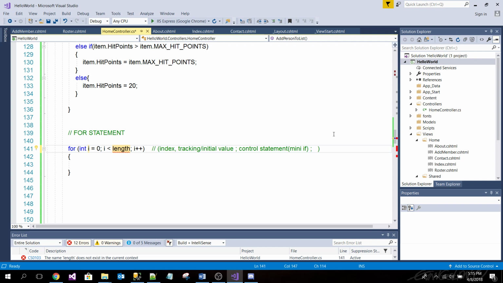This is a control statement, and the third one is sort of the same as a while statement. How is the tracking or the index changing every time you go through the loop? So this is index, increase, or change.